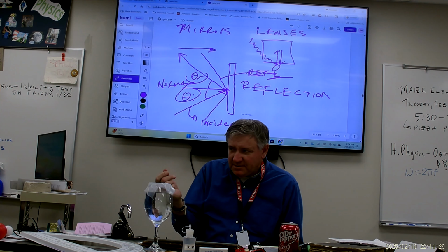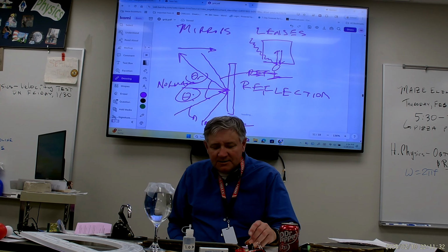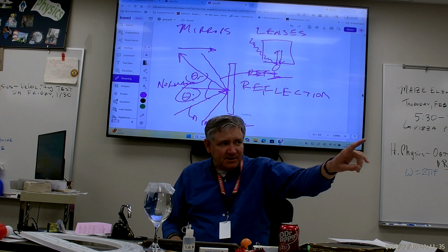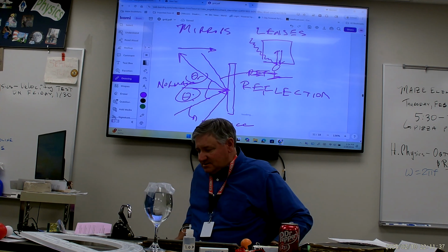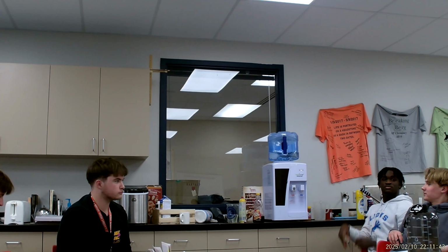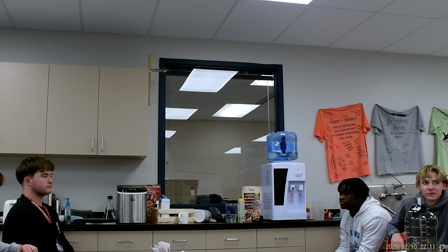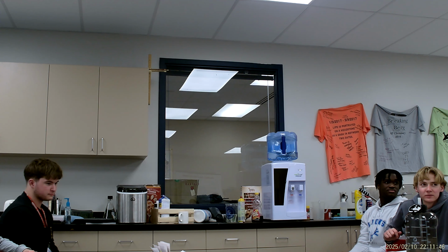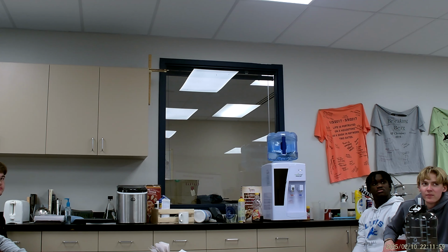So this is where mirrors get weird. Try and spin that camera, kind of shine it towards that glass window. I can stand here and I can see myself in that glass. What that means is that a lot of the light that bounces off of me is going through, so if you were on the other side, you could see me. But I can also see myself, so some of that light is bouncing off of this.